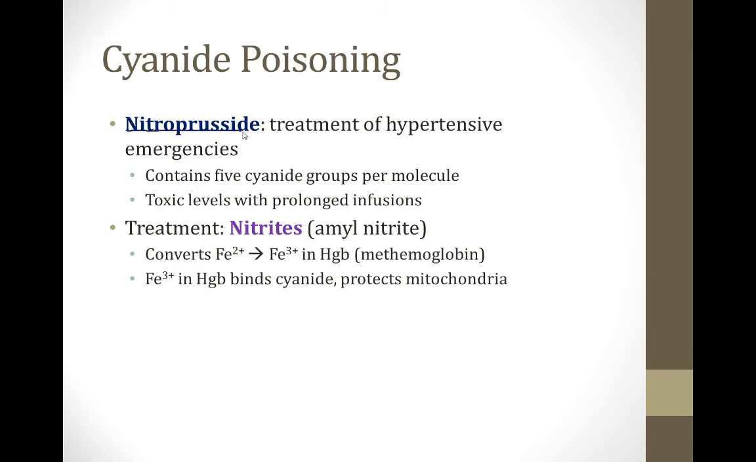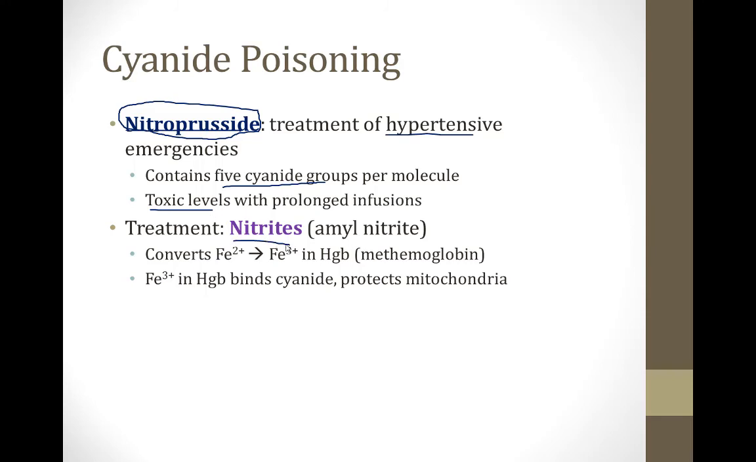This is a hypertensive medication used to treat hypertensive emergencies. It contains 5 cyanide groups per molecule of nitroprusside. So if you expose people to this drug for long periods of time, they can develop toxic levels of cyanide. In actual clinical practice, we never give nitroprusside for more than a day or so because we don't want patients to get cyanide poisoning. And an interesting treatment of cyanide poisoning that ties back to electron transport is the use